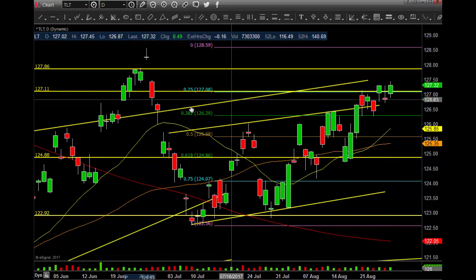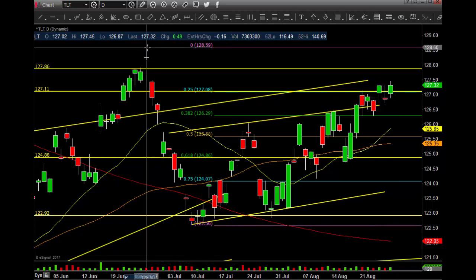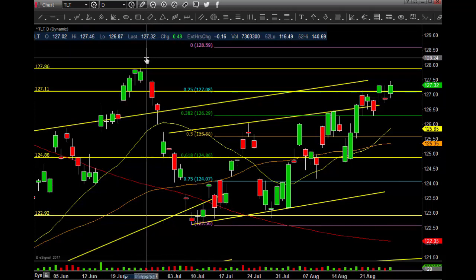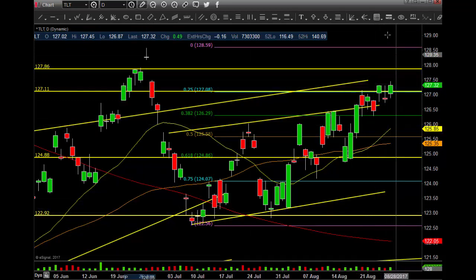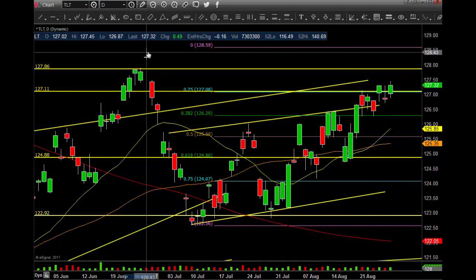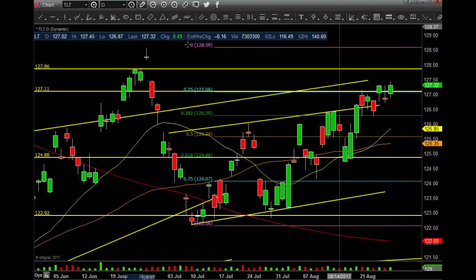But on the weekly, you have the inside bar. Gets above this one, then we're going. If it can't get above that after it fills the gap, then I think it's going to start coming down again. And then look for the gap up, guys. It's the only way they're going to get it above there. The easiest way, gap it up and go. All right, that's what we're looking for there. The TLT, and then let's go to the